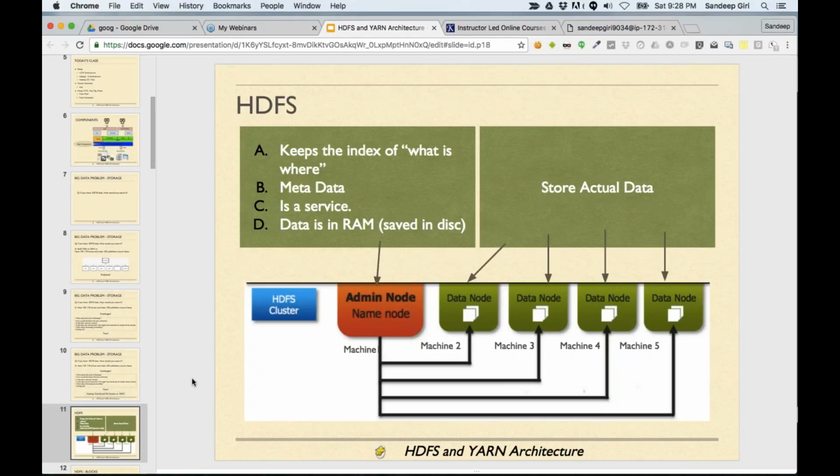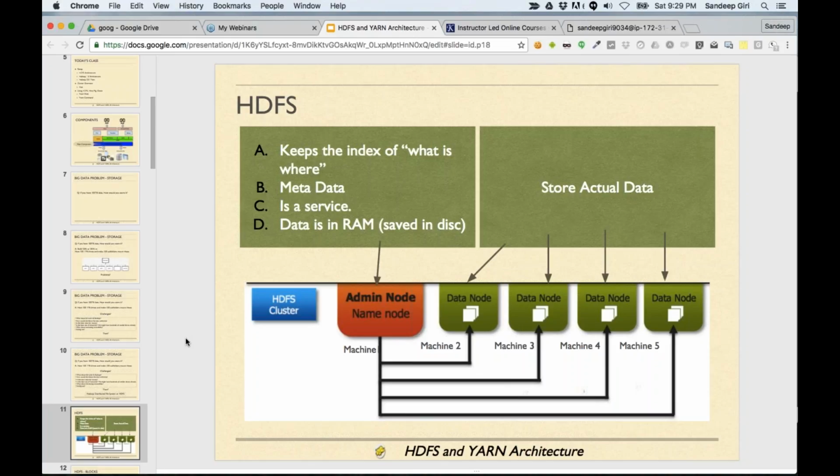So the way they built the file system at GFS, the same paper when they published, as I was telling you in the last session, there was a researcher who was trying to build his own search engine. He was stuck at a point that he was not able to store the data. And lucky for him that Google published that paper, and he followed that paper and created Hadoop and Hadoop distributed file system. So Hadoop distributed file system is based on the Google file system, and the way it is designed